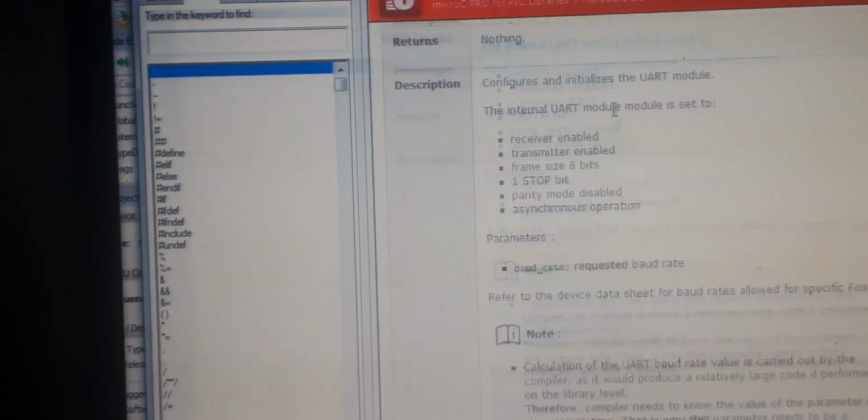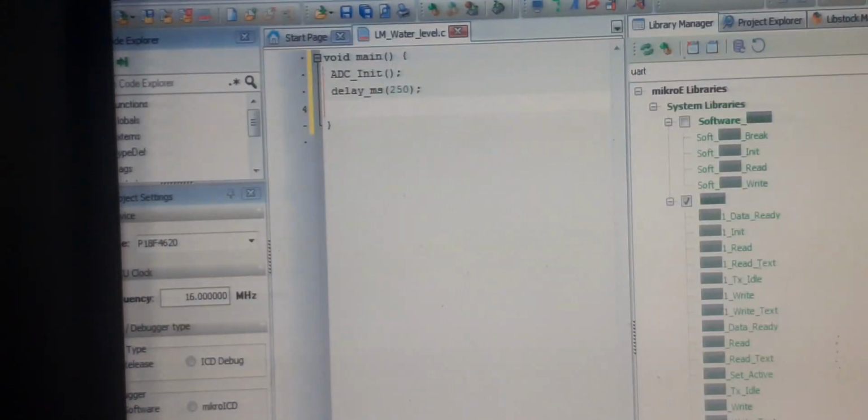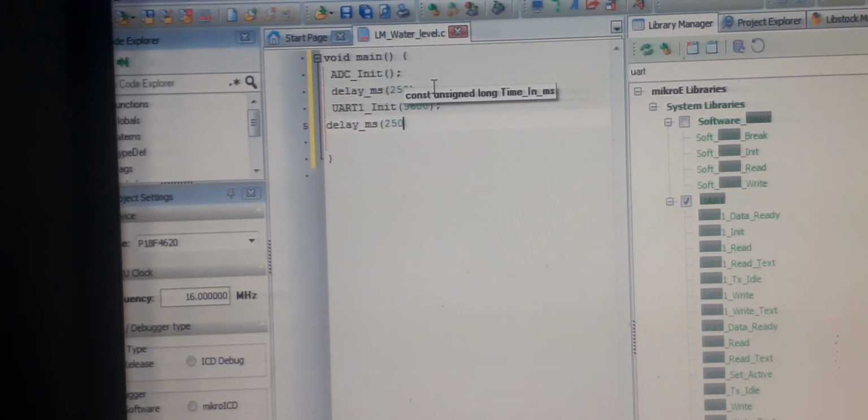Here we go, the UART library. Paste it as well. So our UART is also initialized. Give it a safety delay, like 250 will be good. Now since both the buses are initialized, one is the ADC converter and another one is the UART bus,